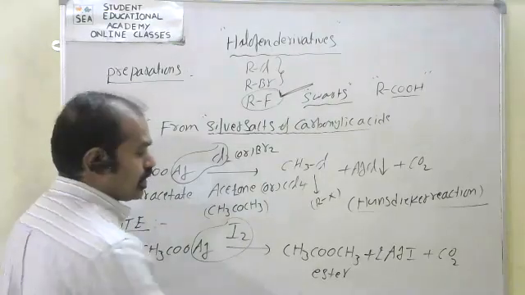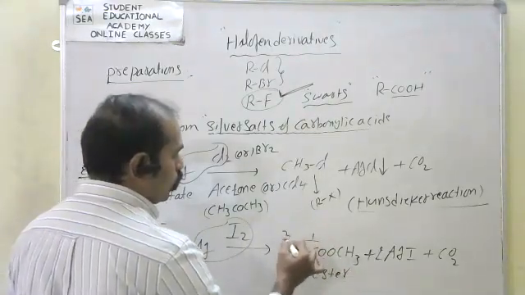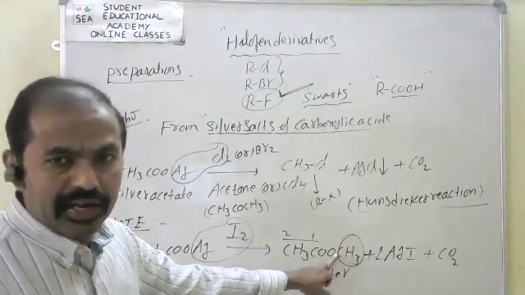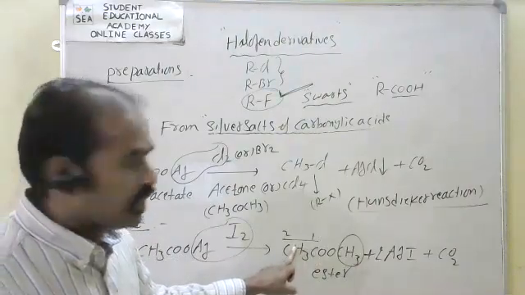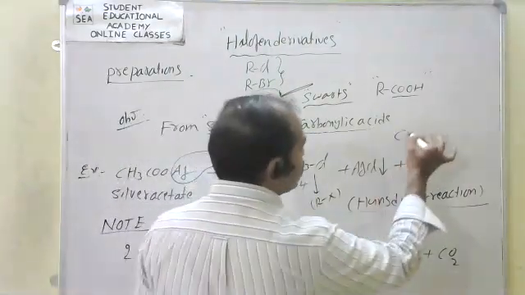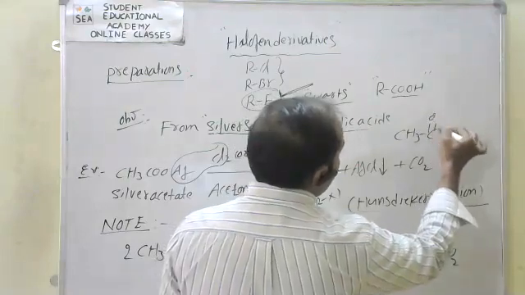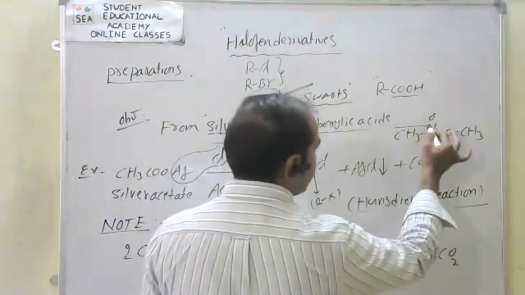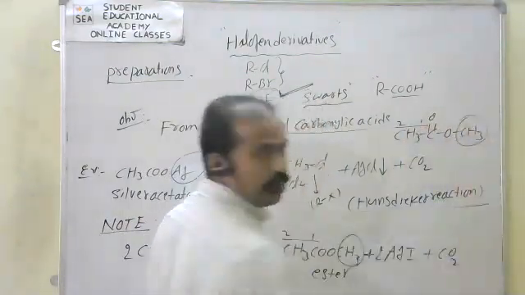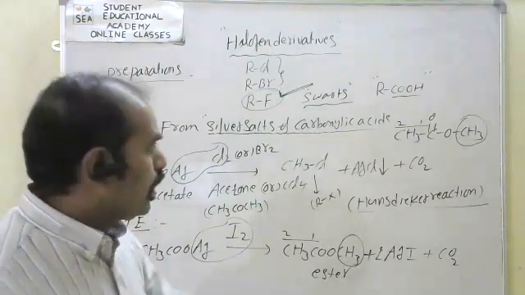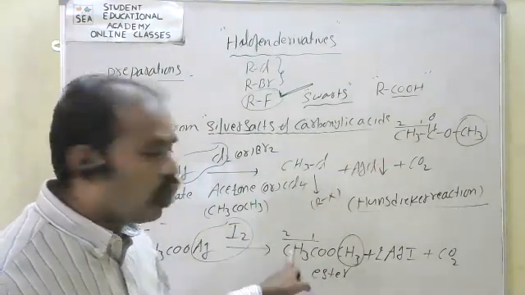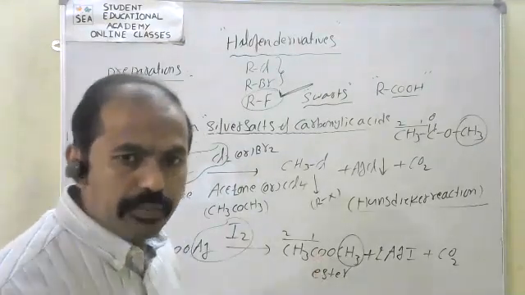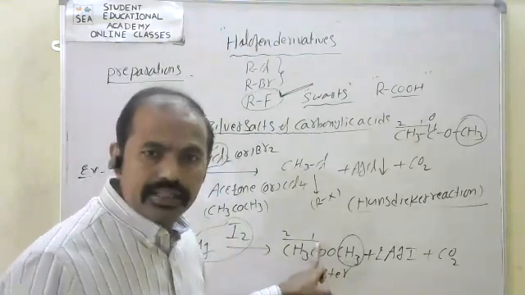So what is the name of the ester? CH3 is nothing but methyl. Methyl ethanoate. So it is similar to the structure: CH3COOCH3. Now here the parent chain is 1, 2, and the branch is nothing but methyl. Methyl ethanoate. Eth plus ane gives ethane, so the E is replaced by O-A-T-E. Methyl ethanoate.